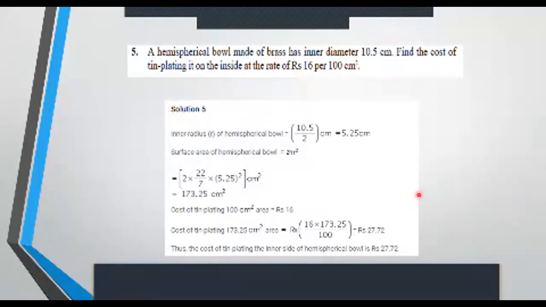Ma'am, we can actually convert it. As you wish. But if you convert, you don't have to find the complete answer. If you go wrong in any place, then all the next steps go wrong. So instead of converting it, show the conversion this way. It is 16 upon 100 into that. For 1 centimeter square, what is the price? 16 upon 100. Show it.